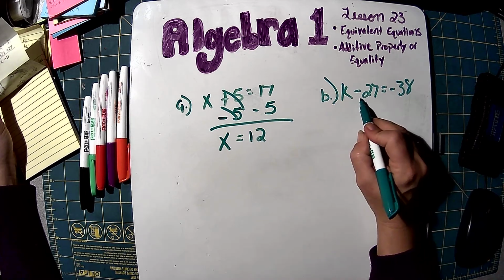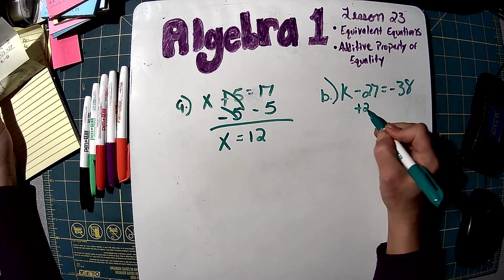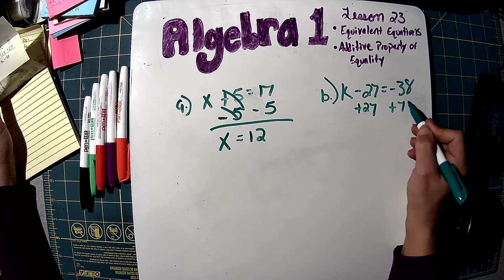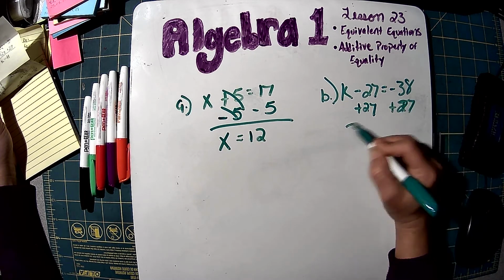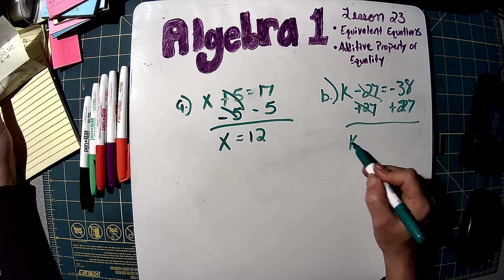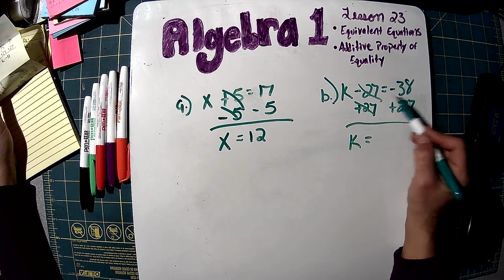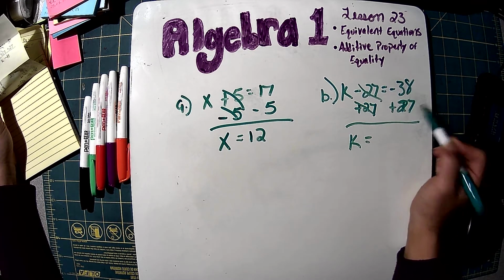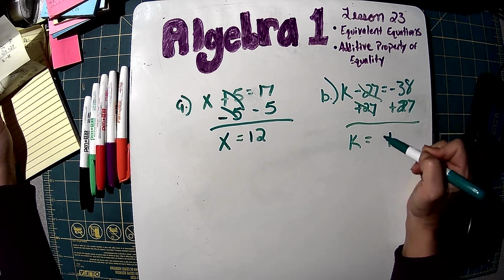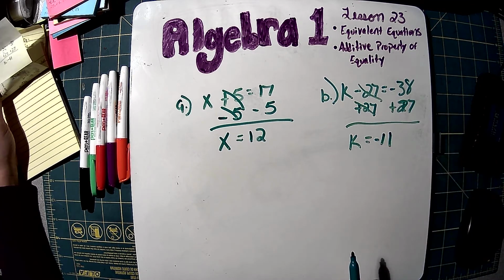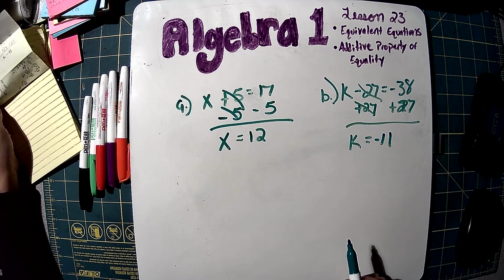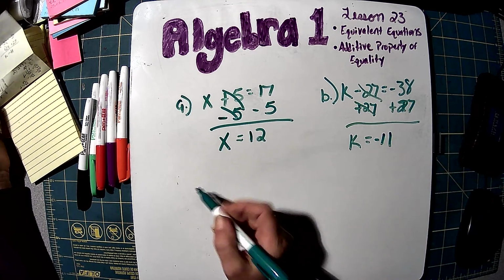So in this one, we have to do the opposite of minus 27, which would be plus 27. And we're going to have k equals, see, we're going to have to subtract negative 38, positive 27. We get negative 11. Okay. C,